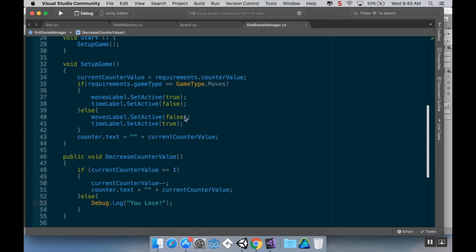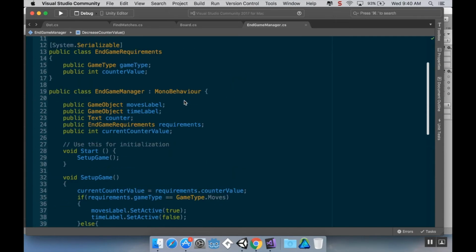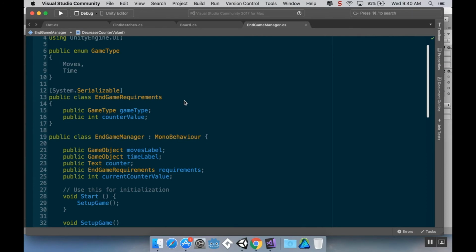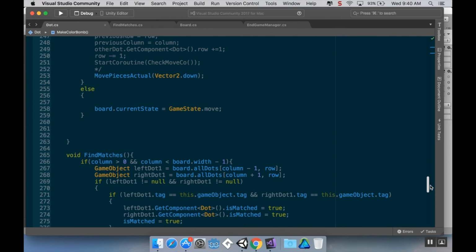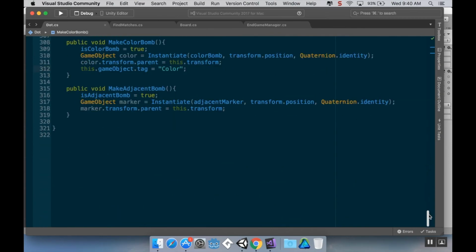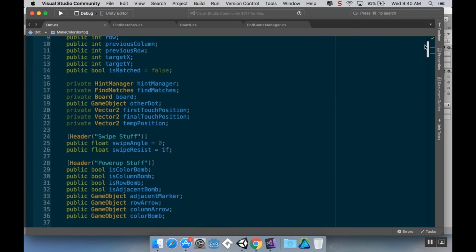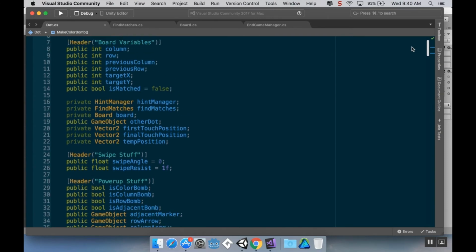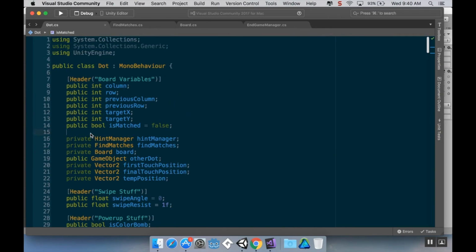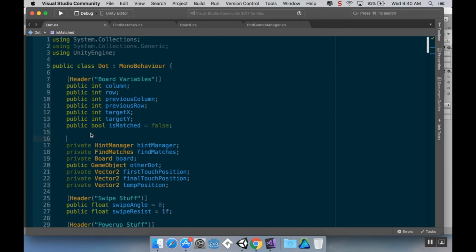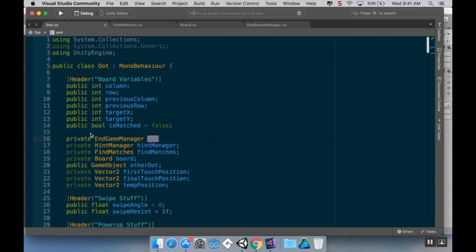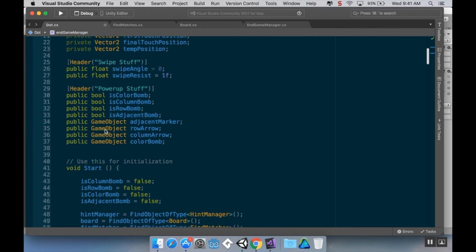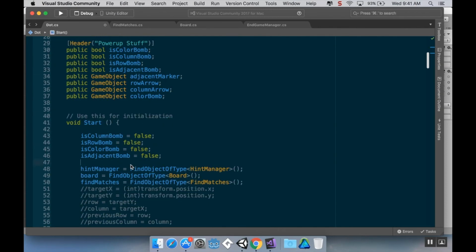Okay, cool. So what I want to do now is go to my dot here, and the dot should know what the Endgame Manager is so it can communicate with it. So I'm going to do that really fast. Let me see where I did all my private stuff. Right here with the hint manager. So we'll do private Endgame Manager, call it Endgame Manager,